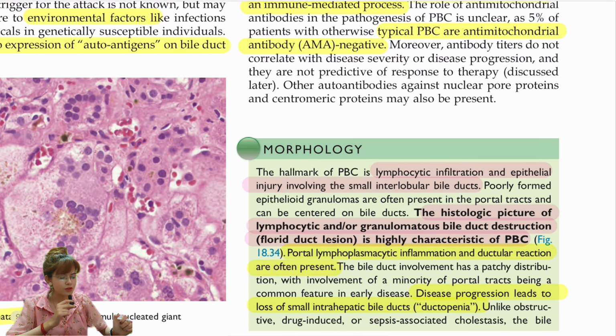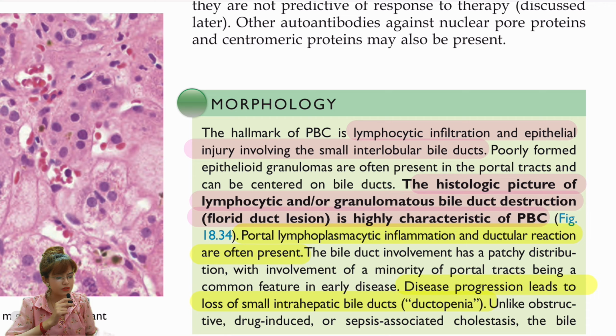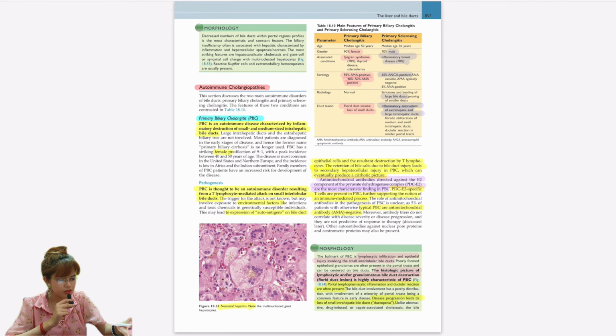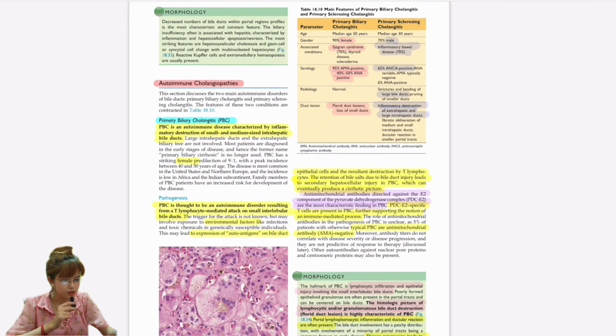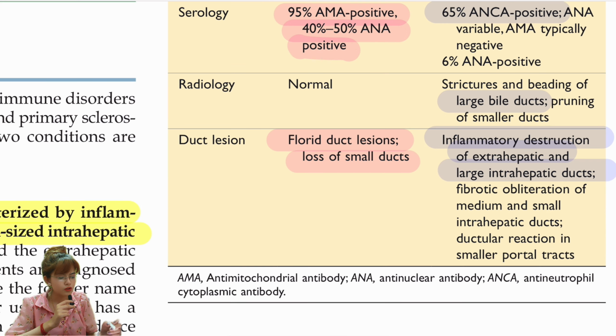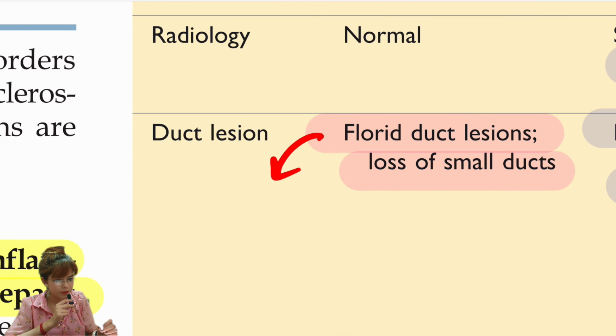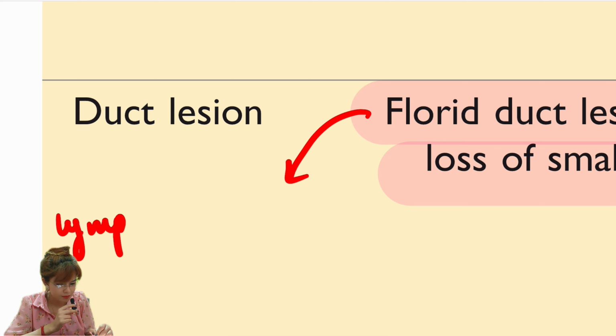The point that I'm trying to make here is that in primary biliary cholangitis, you have a lymphocytic infiltration. So the histologic picture here is lymphocytic and granulomatous bile duct destruction, which is known as the florid duct lesion. This is characteristic of PBC. I cannot stress any more the importance of these two points. Very important. If I can just write them down over here, the important point is florid duct lesions. What does this mean? Number one, it will mean lymphocytic